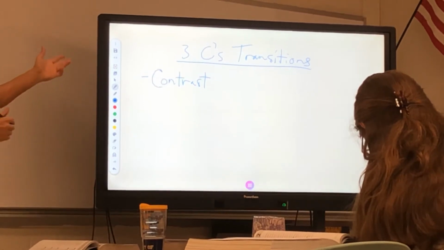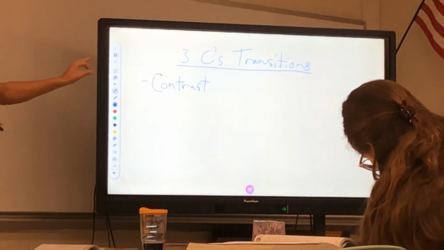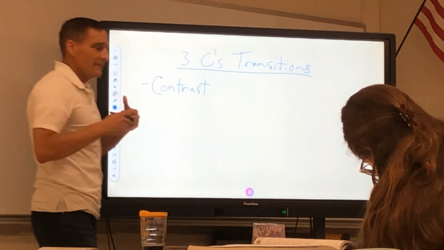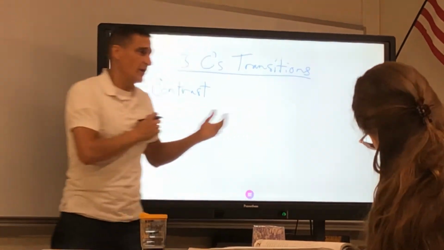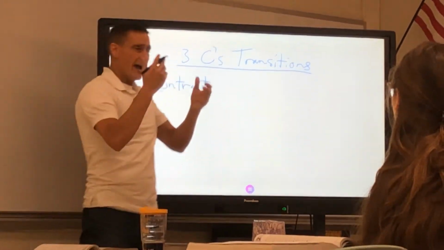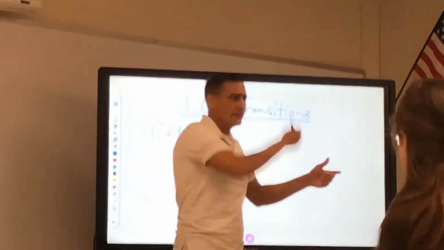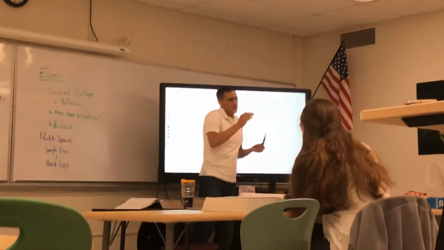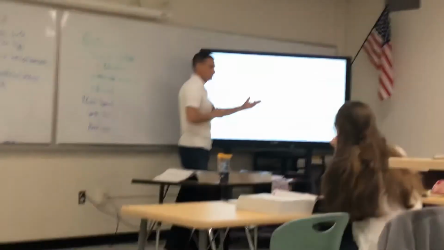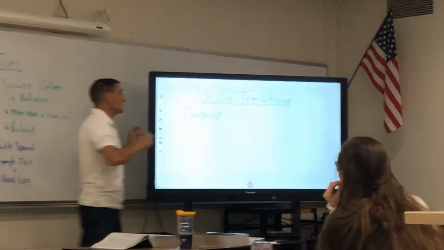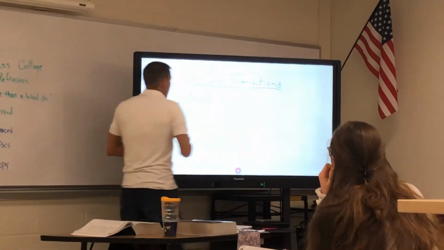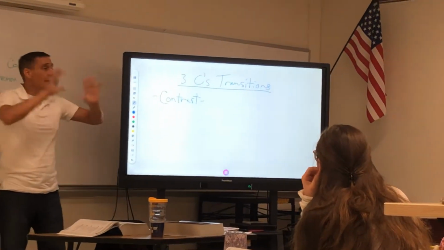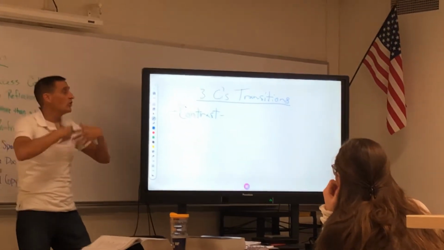And the 3 C's, I'll get to all of them in a moment, but the first one is, I'm starting with what I think is the easiest one to notice. If what I say after my transition is in contrast with what I said before, it should be pretty apparent. It should be like, okay, this is going in a different direction. Okay, this is kind of in conflict with what was said already. So if it contrasts, we're going to see transition words like the following. This is not going to be a comprehensive list, but we're going to create a list together